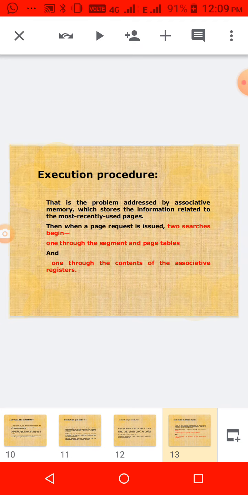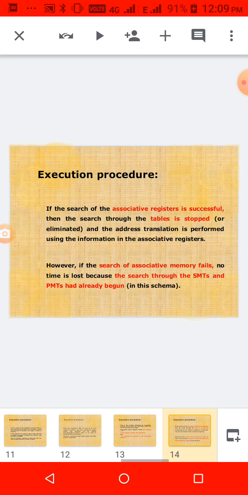When the job is to be executed, we have to load the segment table. Two searches are there: one is searching through the main memory, and the associative registers also we have to search. If the search is successful in associative memory, then the searching through main memory is stopped.